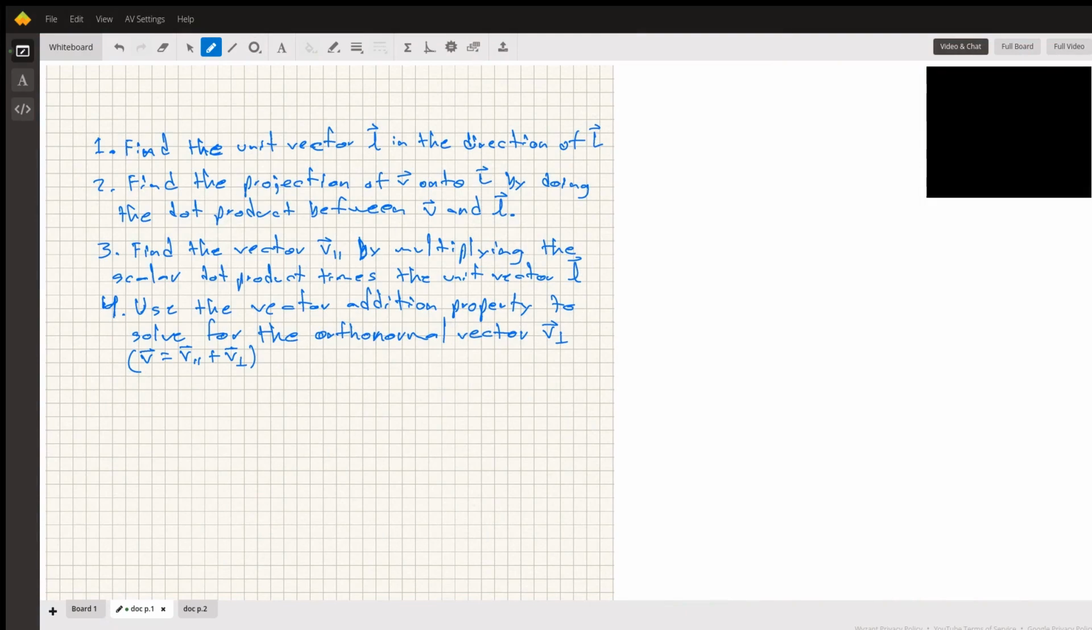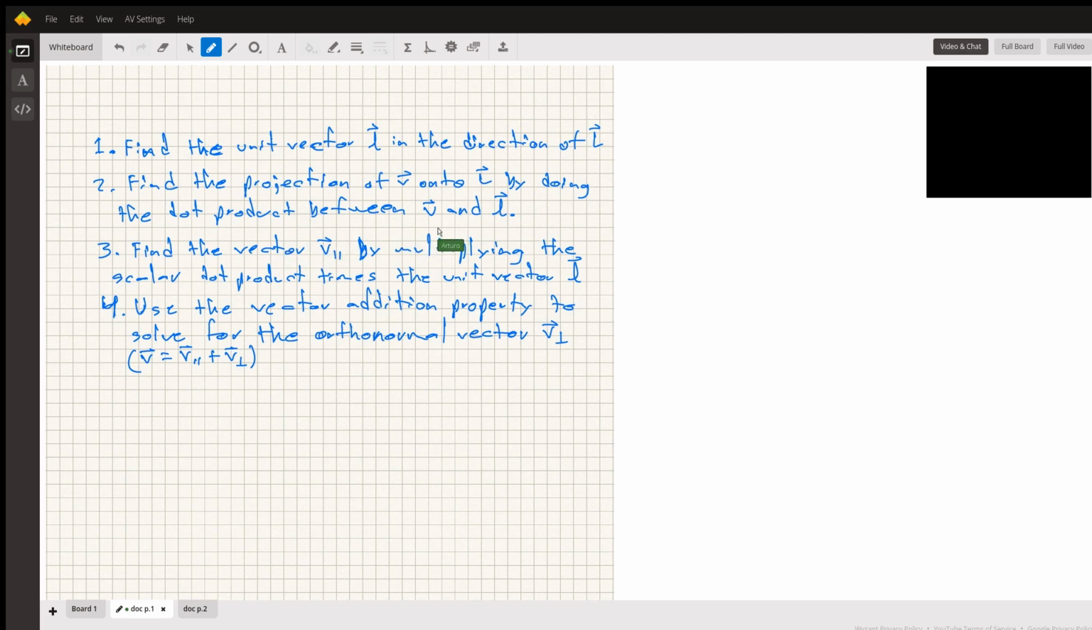Hello guys. So today we're going to be dealing with finding the orthonormal projection vector onto a vector capital L. And the steps we will take to find that are: one, find the unit vector lowercase l in the direction of capital L. Number two, find the projection of the vector v onto the vector capital L